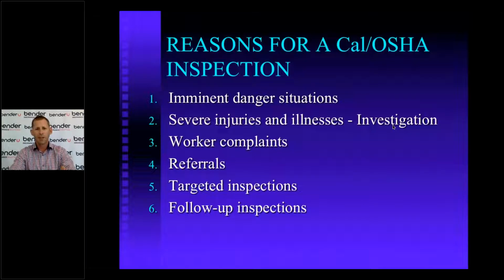Okay, so that's where they may show up to your actual job site or facility. They want to see what caused it, what were the parameters. Like if somebody fell through a skylight, they want to look at that area. Okay. The next one is worker complaints, and this is a big one, where it could be something as